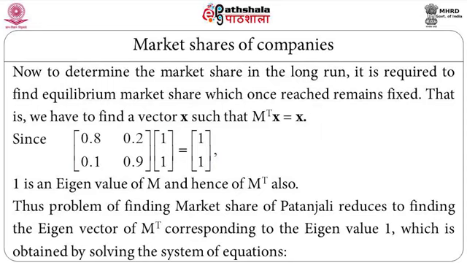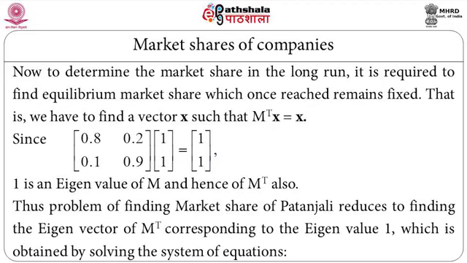Look at this now. Since you know that if I take this into this 1, then 0.2 into 0.8 plus 0.2 will be 1 again. So, 1 will be like that. So, 1 is an eigenvalue of matrix M, this is matrix M. So, I can say that 1 is an eigenvalue of matrix M and hence of M transpose also, and thus the problem of finding out